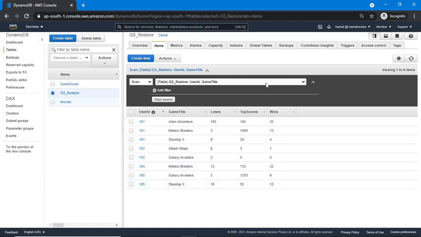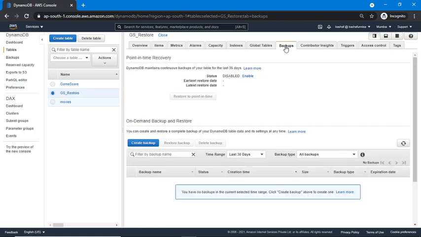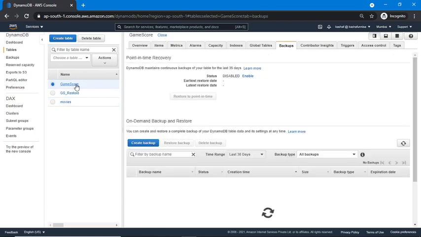In this way we can take a backup at any time and restore at any time. You can have any number of backups, and you can automate it with the help of the AWS Backup service, and you can restore in another AWS region for disaster recovery purposes.